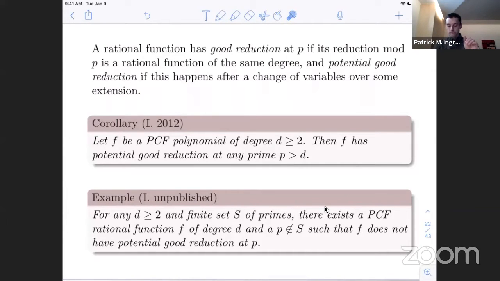Yeah. In fact, the counterexamples, I'm trying to recall the exact construction, but they are very close to being polynomials, in the sense that polynomials, if you want to think about them in a coordinate-free way, are just rational functions with a totally ramified fixed point. And the examples here are rational functions with a totally ramified point of period 2. So in some sense, they're very close to being polynomials, but they're not lattice examples. Yeah, so thank you for that.